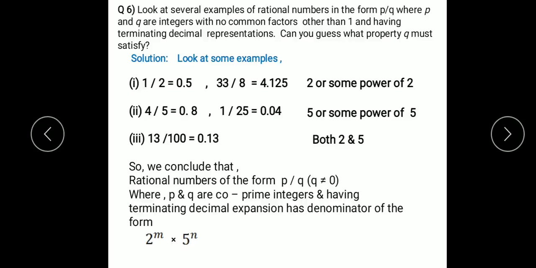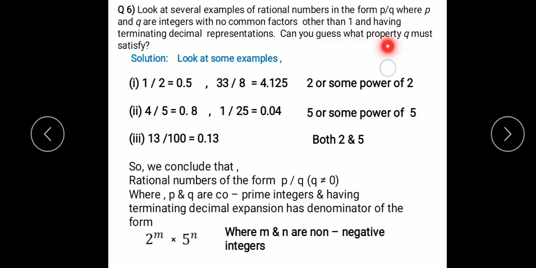We know that a non-zero number raised to power 0 is equal to 1. In that case, this number will be equal to 1. And when the denominator includes only the power of 5, we can assume the power of 2, m, as 0. If the number has a denominator including both 2 and 5, then the powers of 2 and 5 can be positive integers. Thus, we can conclude that the powers m and n are non-negative integers, 0 or a positive integer.